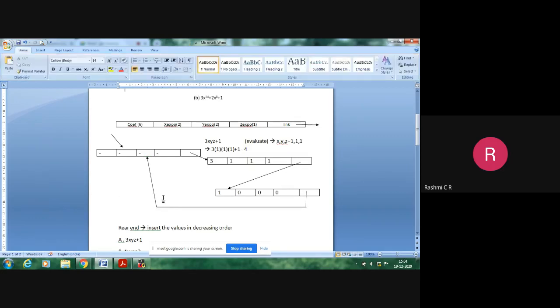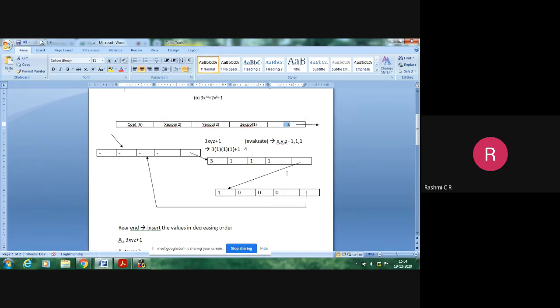So this is how your polynomial can be represented with a singly linked list along with the circular representation with the header node concept. The only thing you have to remember here: for every polynomial given, you have to identify how many terms are present. For each of the terms you will have a node, and this is the node structure, and it will also have the link to the next node.